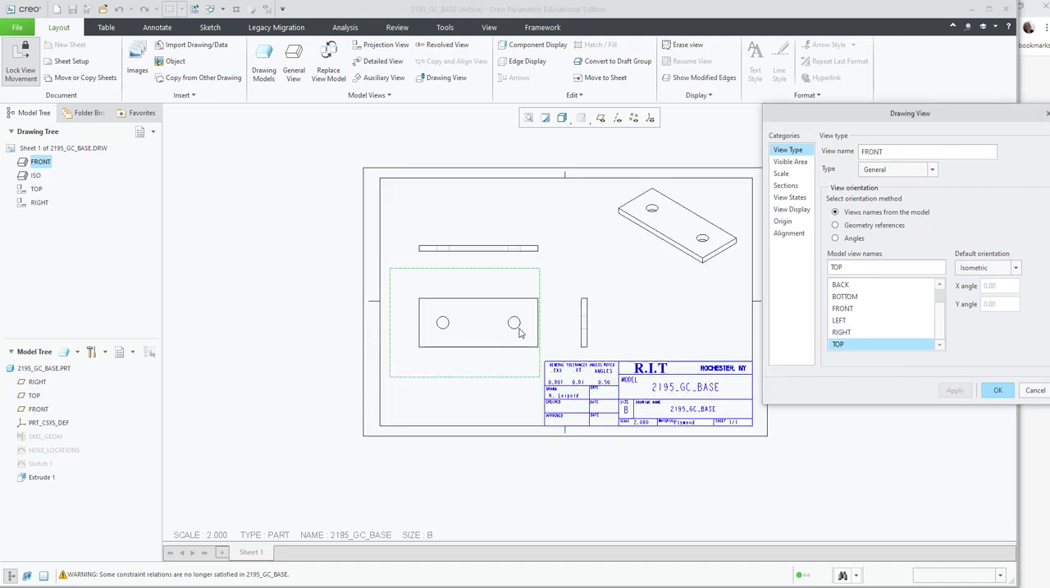So when I change the top view, the children views, the top and the right side view change as well. And this is better. I'm not going to need all three of these views. Most of our parts are going to be flat, so two views are going to work just fine for most of our views. Other options in the drawing view dialog